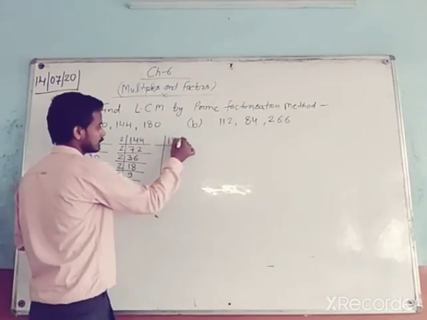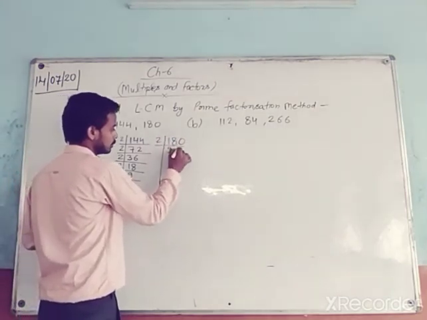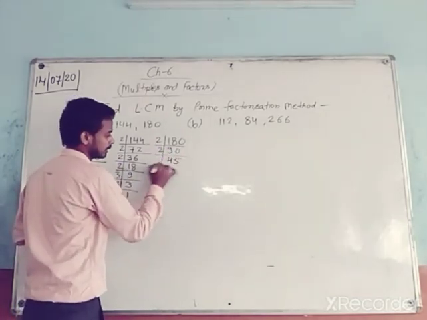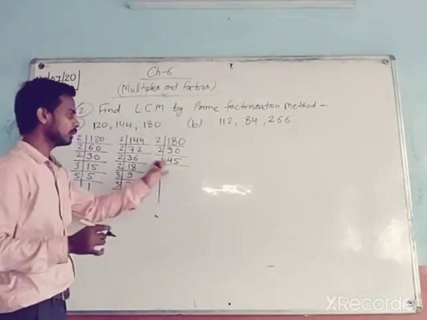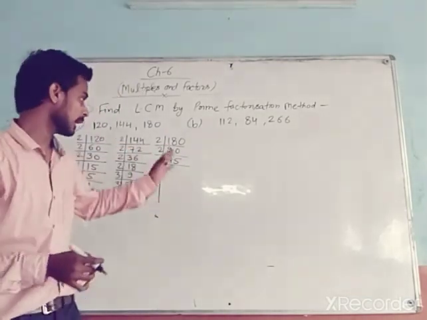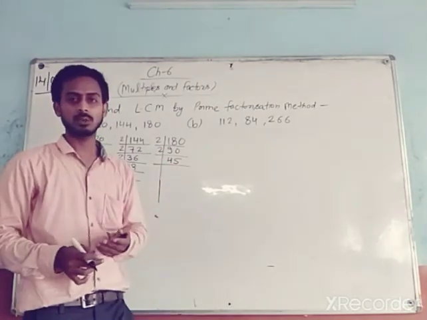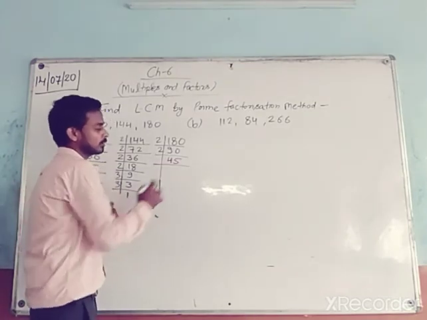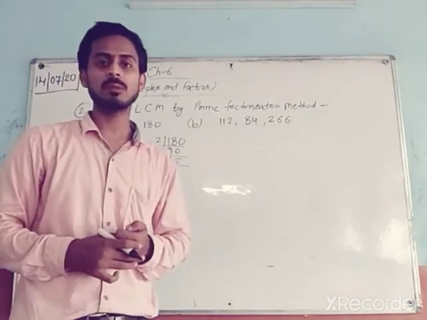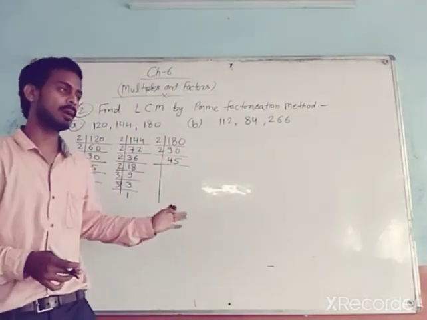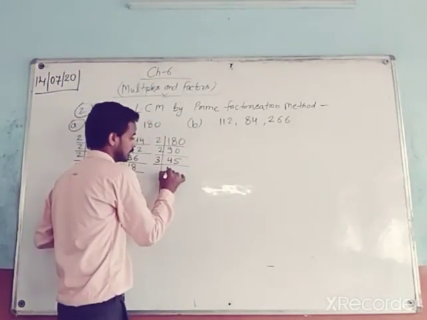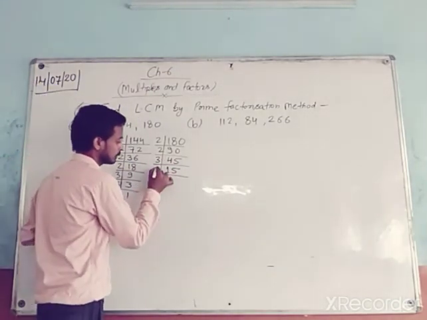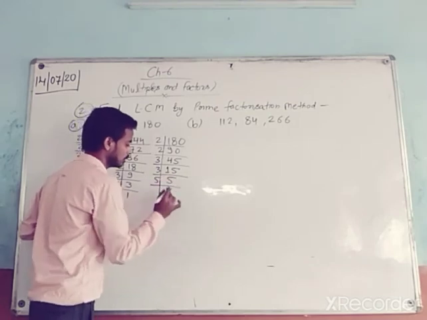Then the last number is 180, 2 9s are 18, 2 0s are 0, 2 4s are 8, 1 0, 2 5s are 10. Then you know 45 is not divisible by 2 because the last digit is not 2, 4, 6, 8, 0. Last digit is 5, but the sum of the digits is 4 plus 5, 9, and you know if the sum is divisible by 3, then the number is also divisible by 3. So 3 1s are 3, 3 5s are 15, 15 3s are 45. You know that? Then 3 5s are 15 and 5 1s are 5.